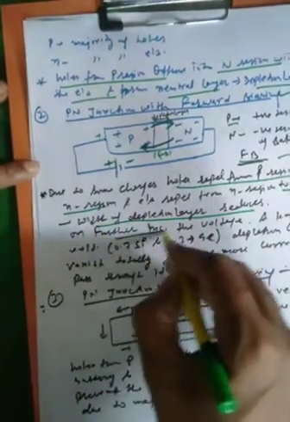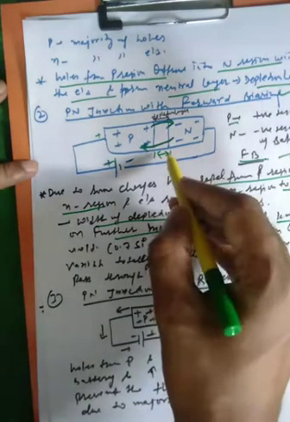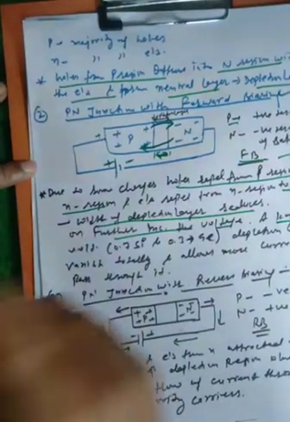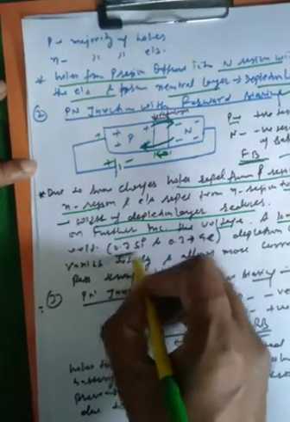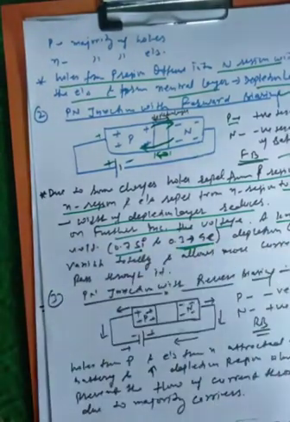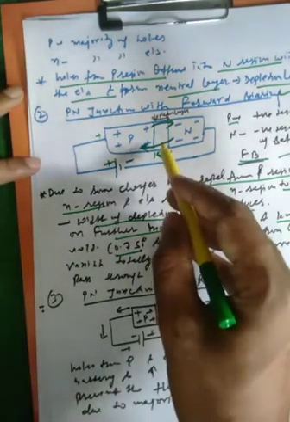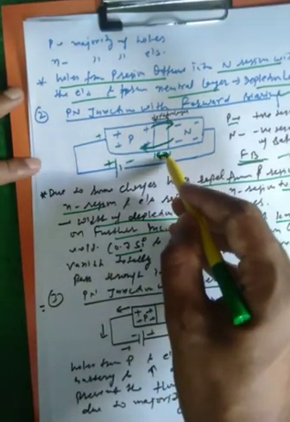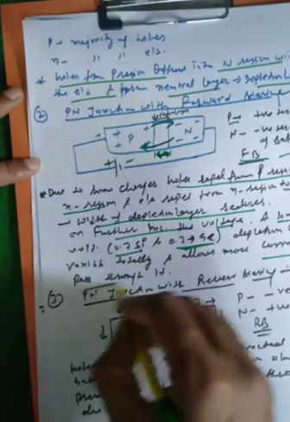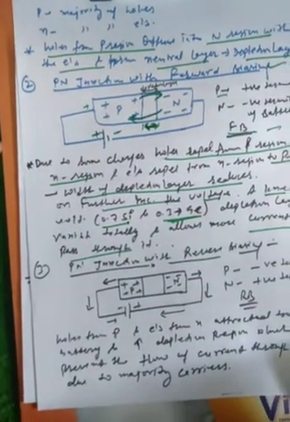And on further increasing the voltage, this depletion layer keeps decreasing, and it will vanish at a voltage that is 0.7 volt for silicon and 0.3 volt for germanium, and this is also known as the knee voltage or the potential barrier voltage. And due to the depletion layer vanishing, current will start flowing from the P to the N region, and the PN junction will start conducting.